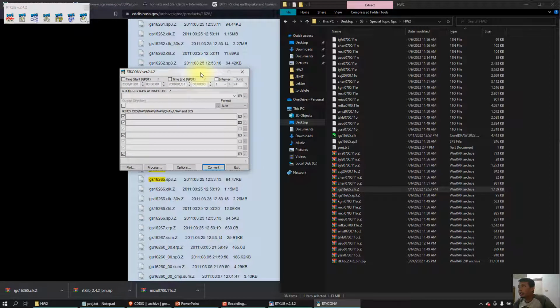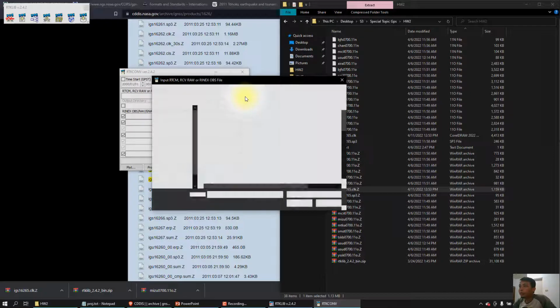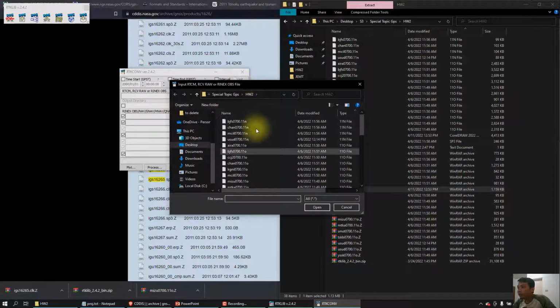This application is used to make all of the observation data suitable to be used in this software. So yeah, we can choose one by one. Actually, all of this data we need to convert. So just begin.